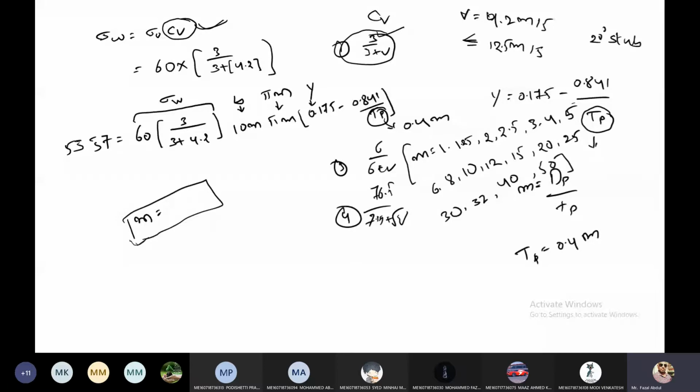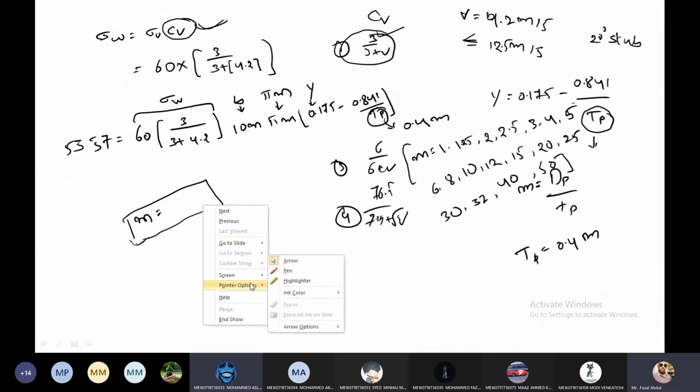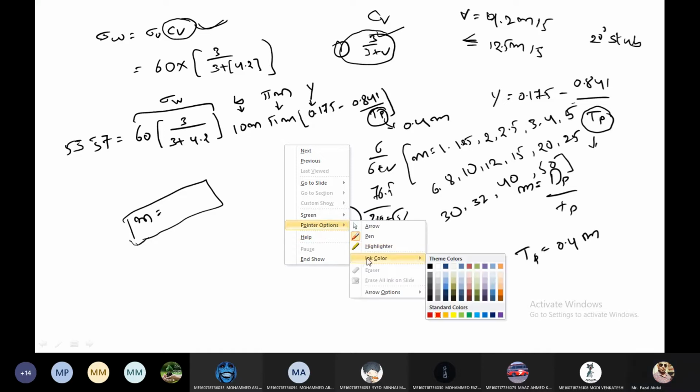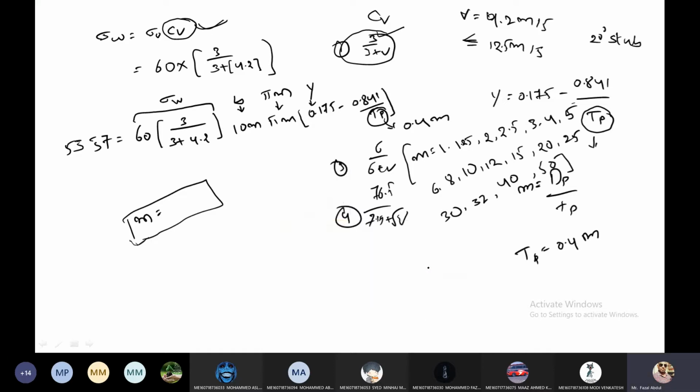So what is the answer? Yesterday we were here. Now tell me what the module value is. If we complete this problem, we'll move to the design of helical gear. Sir, I got 12.3. Wait a moment, one minute. How much did you get? 7.35.